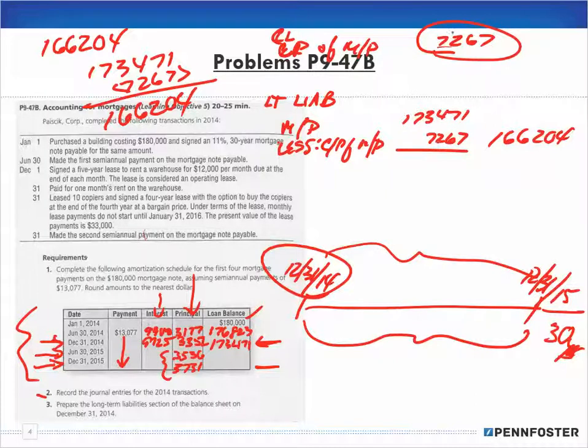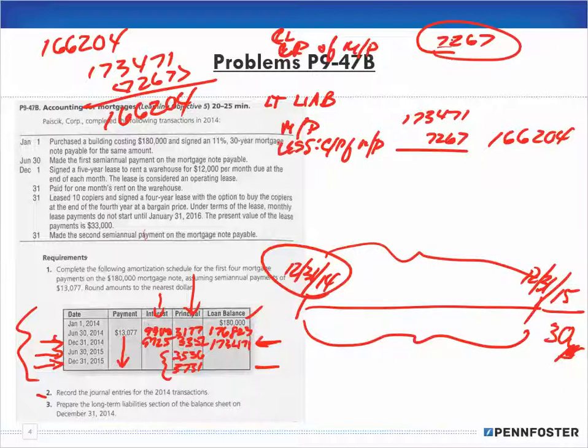Doing it this way, you're breaking out the current portion of the mortgage payable, and you're showing it up here under the current liability section of the balance sheet, so that when you're doing financial analysis, you're using the correct number when you're looking at the balance sheet in order to do analysis for things like your current ratio, or your quick ratio, anything that's affected by your current liabilities there. All right, so